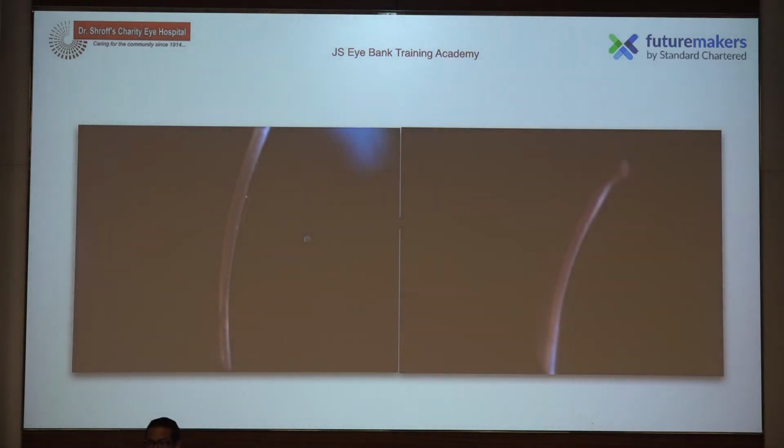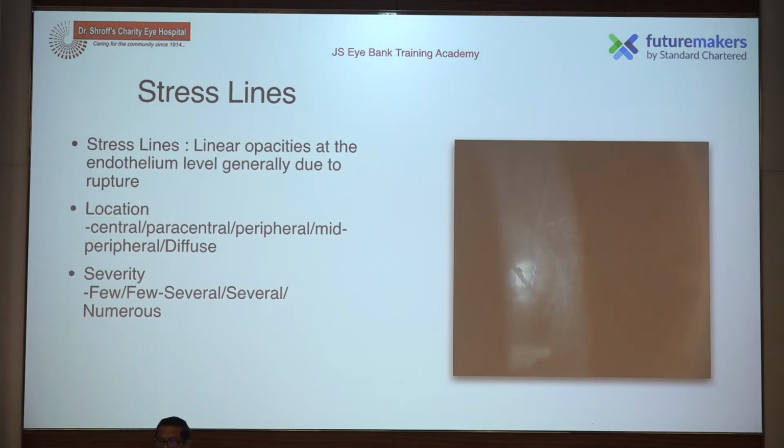You may have just localized DMDs, because they may have compact corneas and they would not look like they cannot be used, and they're usually young donors. So we need to catch these points.